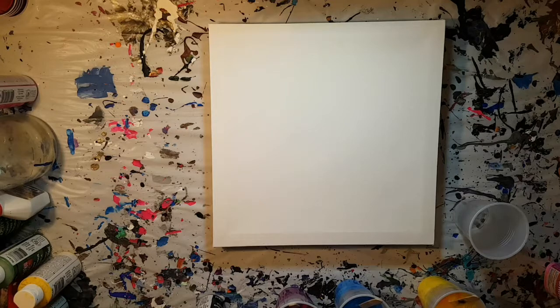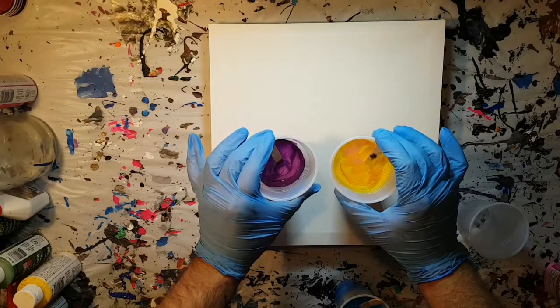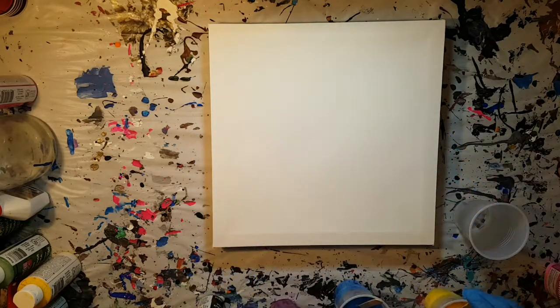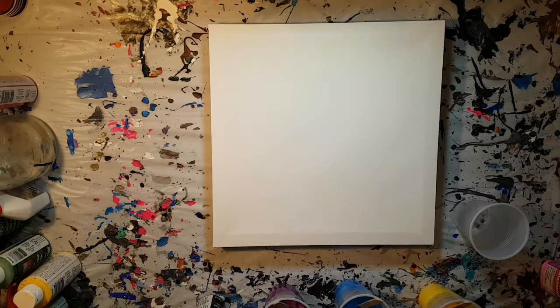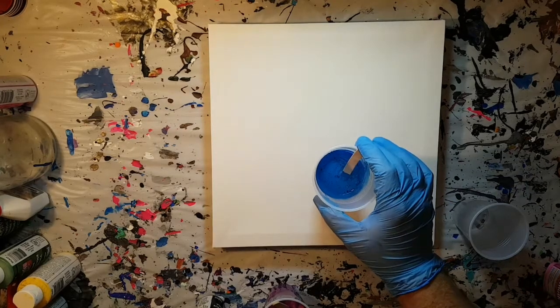And I've got four colors. I've got purple and yellow. And you can probably see the pink in there. That's got the Pepto, and I'm not certain if this is going to leave a color behind or affect the color at all. It seems like it probably will. I've also got blue, which has dish soap,